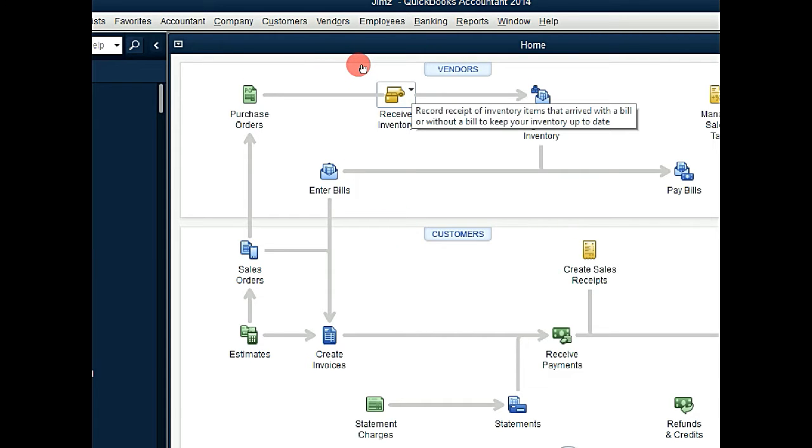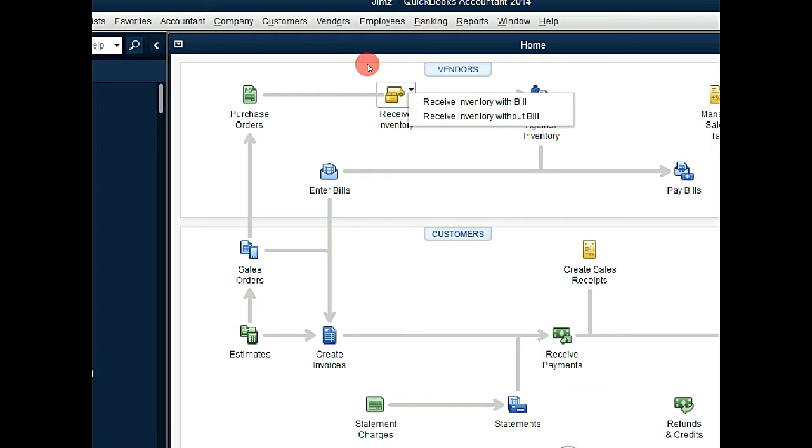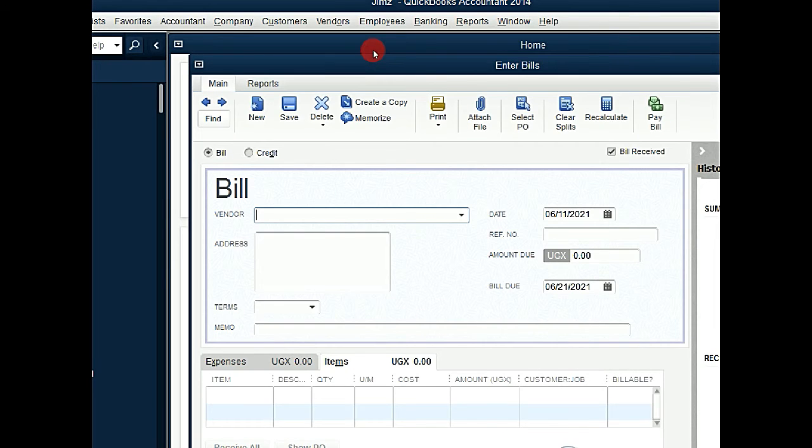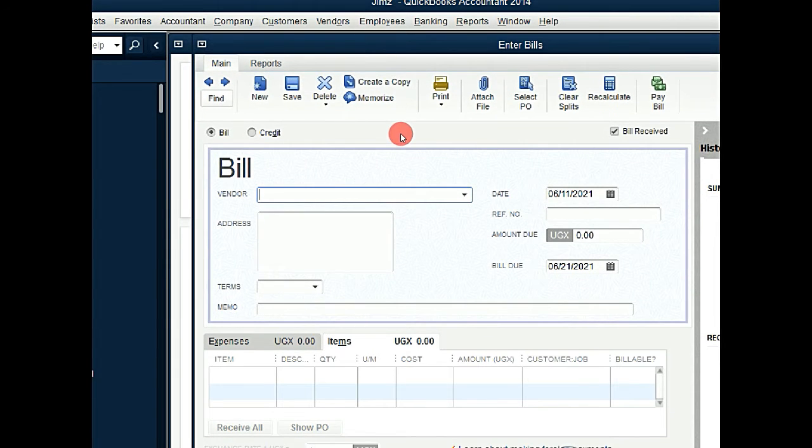Next is we receive inventory. Here we have options. If you receive inventory with bill, you won't have to come here and enter the bill. If you say receive inventory without bill, it means you have to come to this step and enter the bill. So let's say we are going to receive our inventory with bill. So I'll click there. Then I will come and